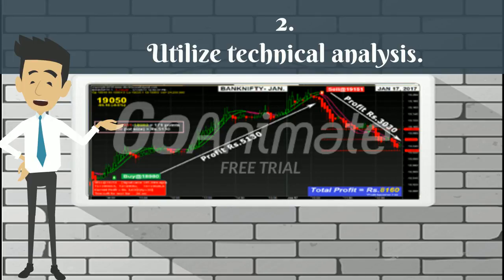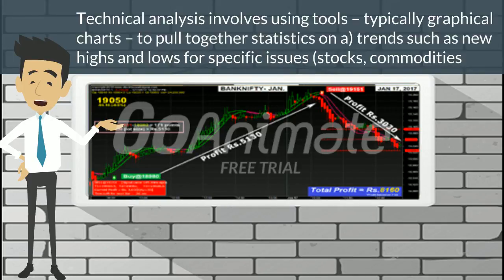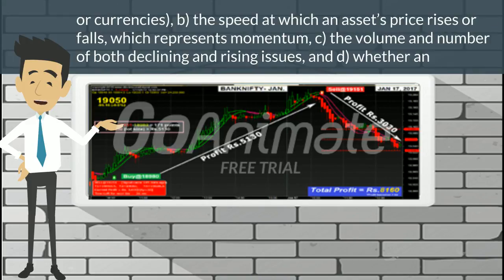2. Utilize technical analysis. Technical analysis involves using tools, typically graphical charts, to pull together statistics on A, trends such as new highs and lows for specific issues, stocks, commodities, or currencies, B, the speed at which an asset's price rises or falls, which